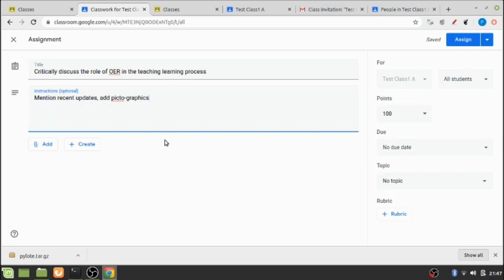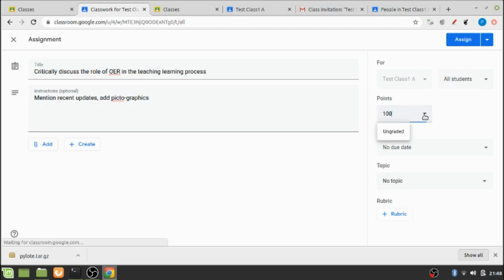Say this is what I want to share with my students, and I want to post this assignment to all my students, but if I wish to, I can select a particular student and I can share this assignment with that particular student only. But for now, I'll select all my students. Every one of my students will be assigned this assignment.